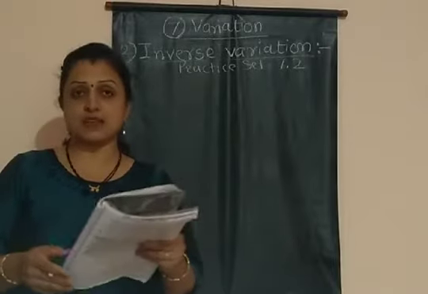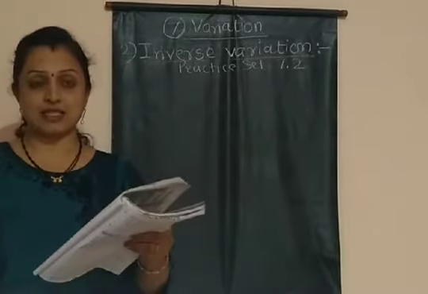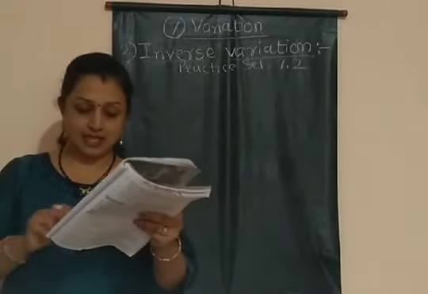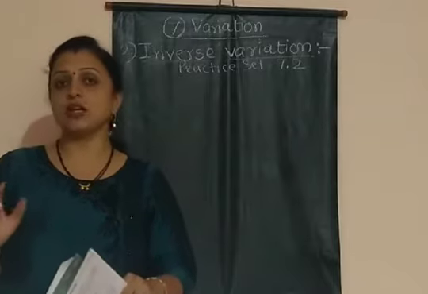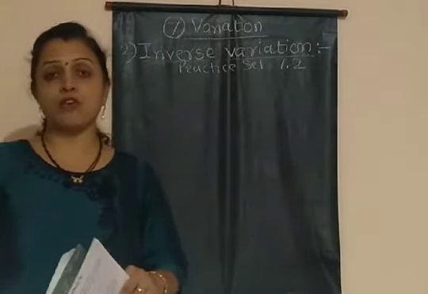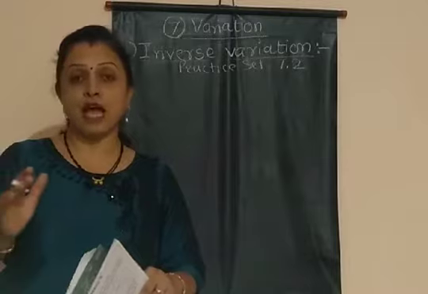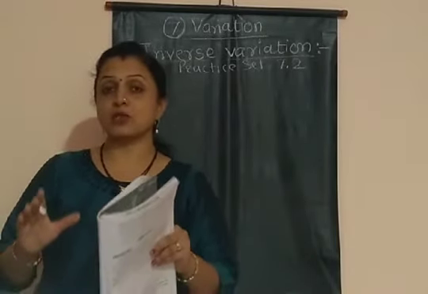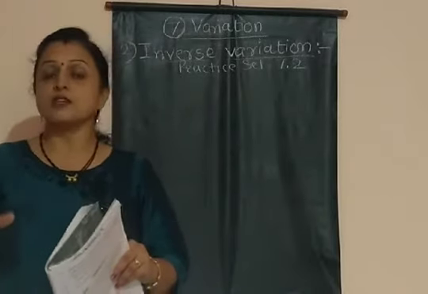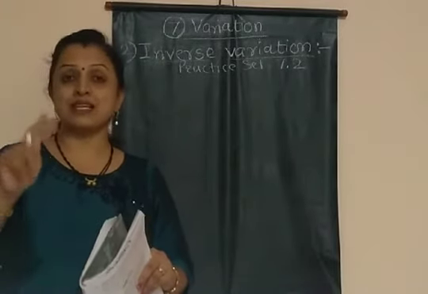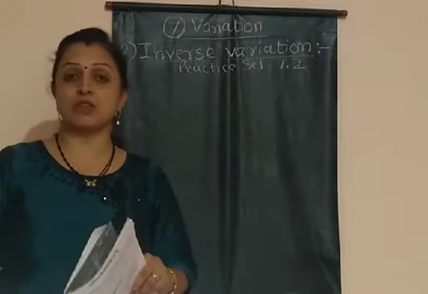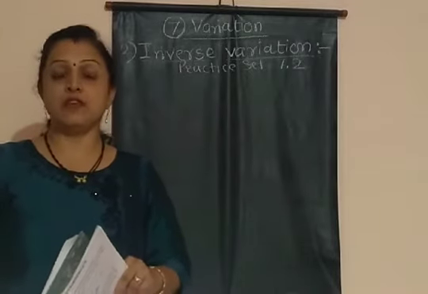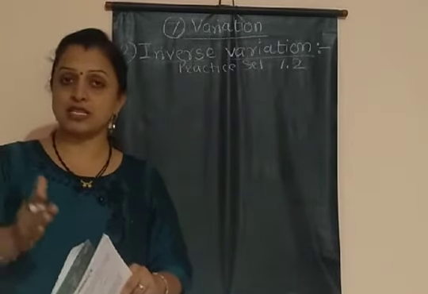In the first case, we are given the number of apples in a single box, that is 24, and 27 boxes are needed in that case. So think about it. If we increase the number of apples in a single box, then the number of boxes goes on decreasing, because the total number of apples is constant. It means it is the case of inverse variation. If the number of apples increases, the number of boxes decreases.